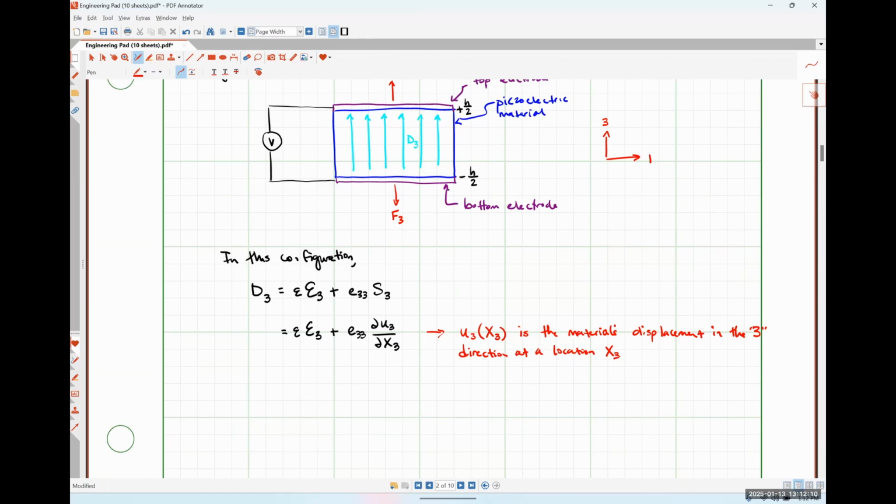Okay. So this last term here for strain is just the change in that particular displacement